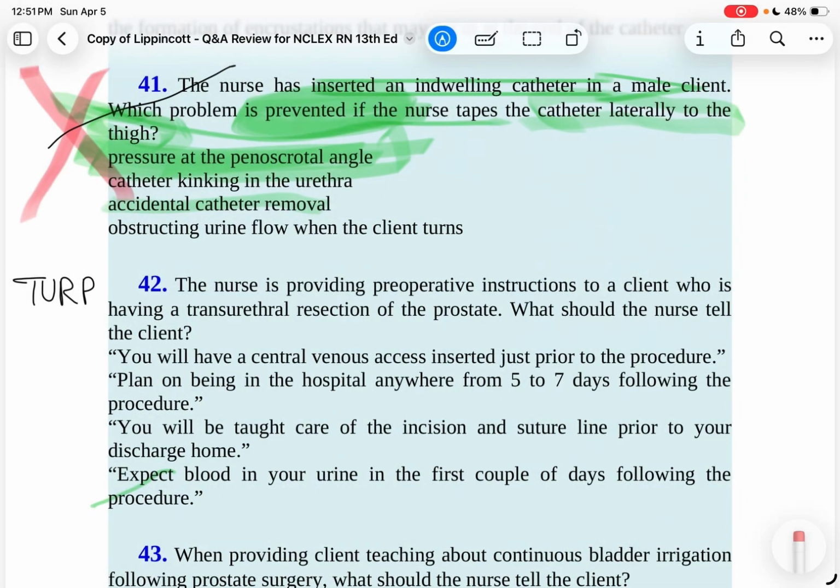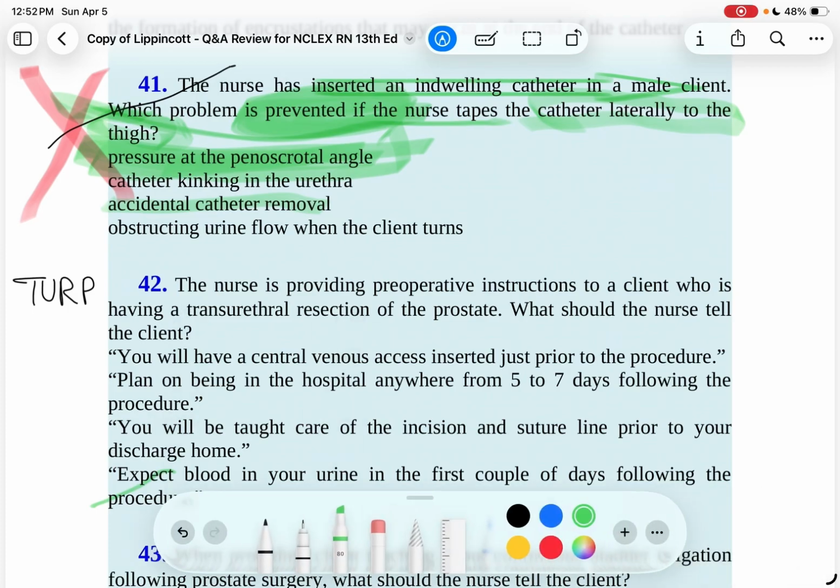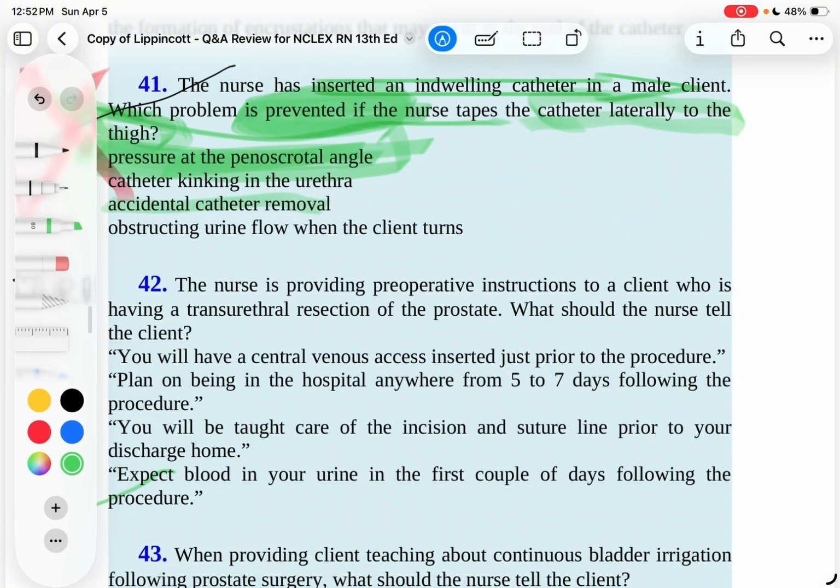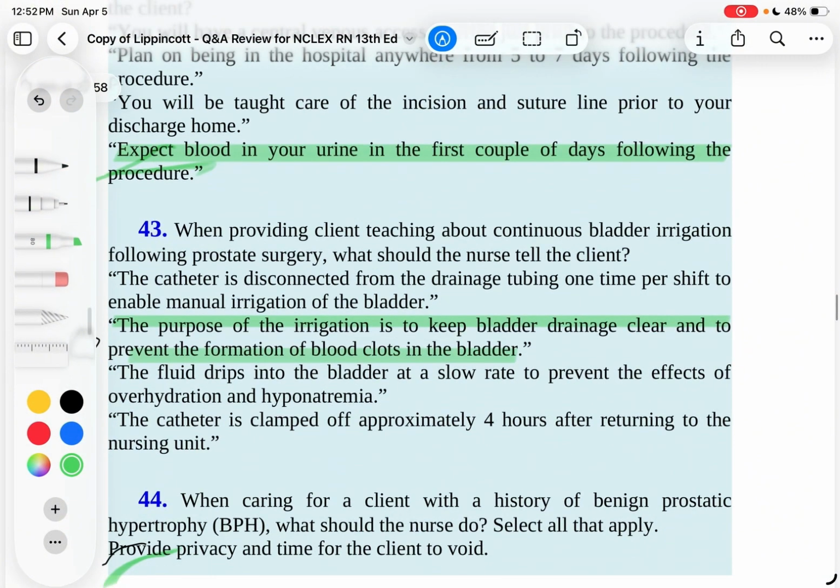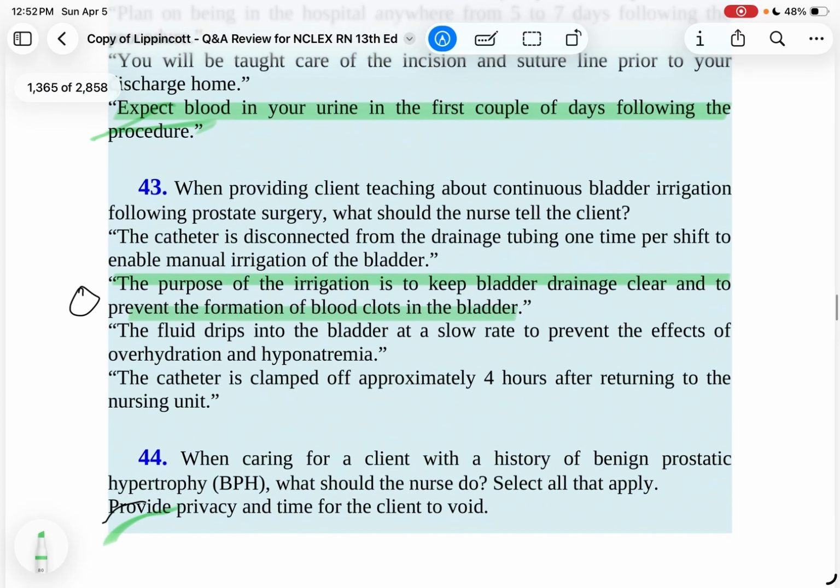The nurse is providing preoperative instructions to a client who is having a transurethral resection of the prostate. What should the nurse tell the client? You should expect blood in your urine in the first couple of days following the procedure. When providing client teaching about continuous bladder irrigation following prostate surgery, what should the nurse tell the client? The purpose of irrigation is to keep the bladder drainage clear and to prevent the formation of blood clots